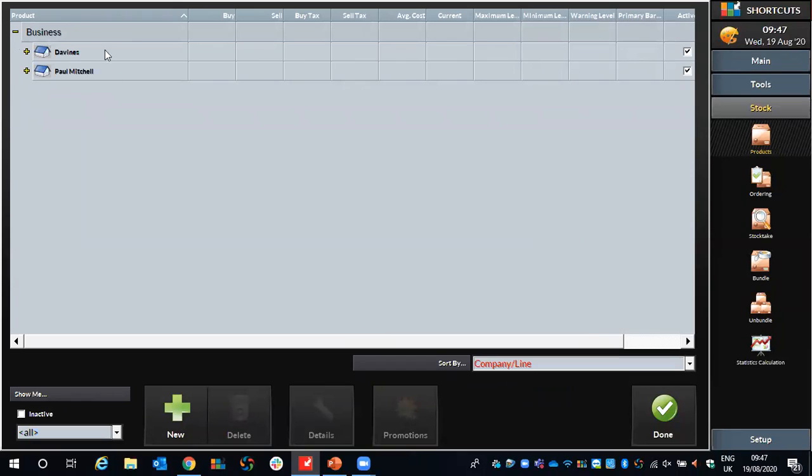Perfect. And you can see we've got some existing company and lines here, but we're going to ignore those for the time being. We're going to add a new company. To add a new company or a new brand, whichever you wish to refer to it as, we're going to click the business button, because it's going to be a business product. It's sold from the business. So we click the business button towards the top left-hand corner,